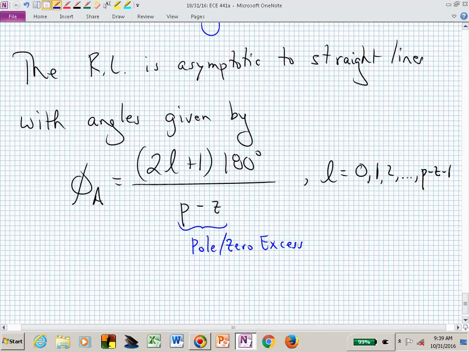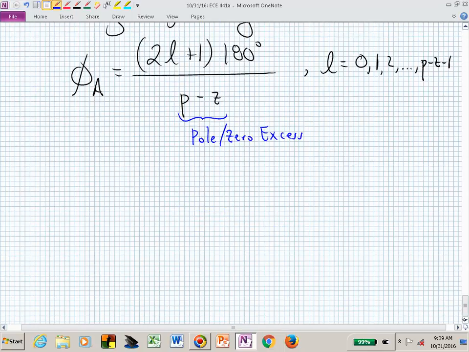In the last example, what was our pole zero excess? It was 5 minus 3. It was 2. So L would then vary from 0 to 2 minus 1, or 1. So we would have L equal to 0 and 1 in this formula. Those would be our angles of the asymptotes. These straight line asymptotes